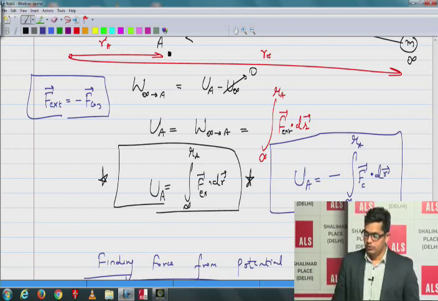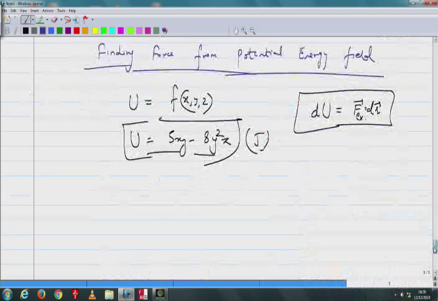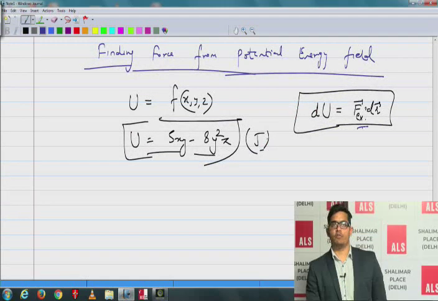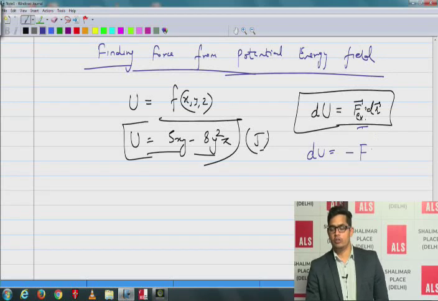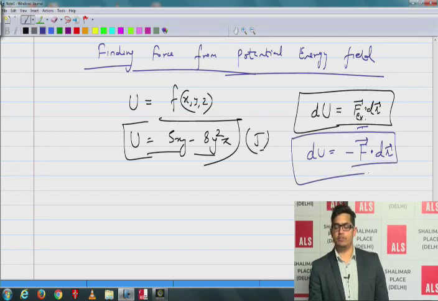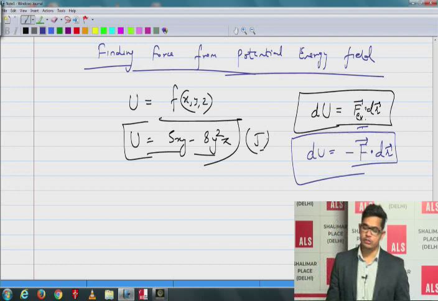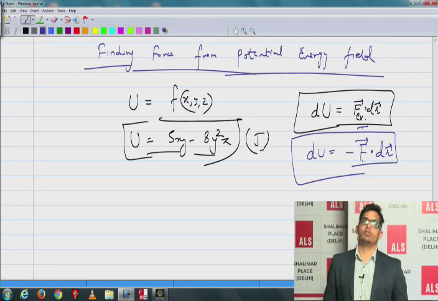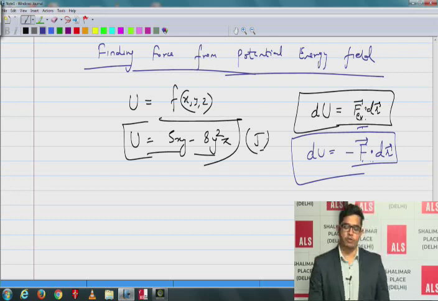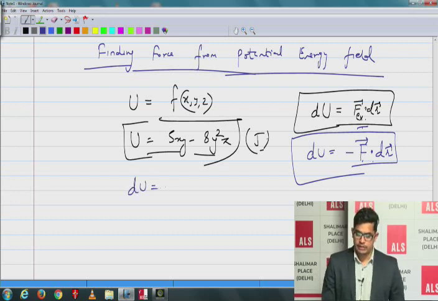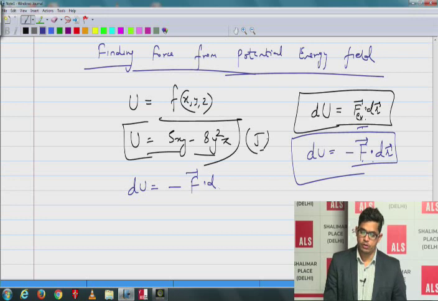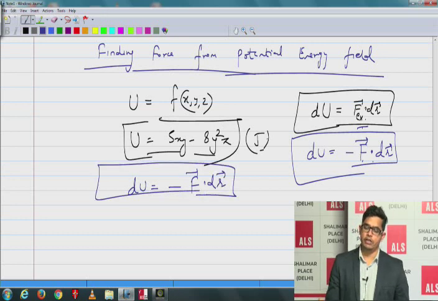So let's proceed. This was the external force. In terms of the conservative force, and this is what is used often, I'll write minus F dot dr. Just remember this, where F is the conservative force, and mostly this is what you would deal with. So from this equation, dU is equal to minus F dot dr, and it is a 3D equation, then